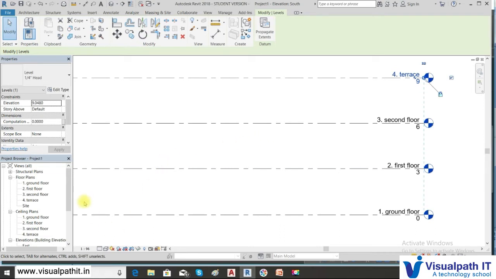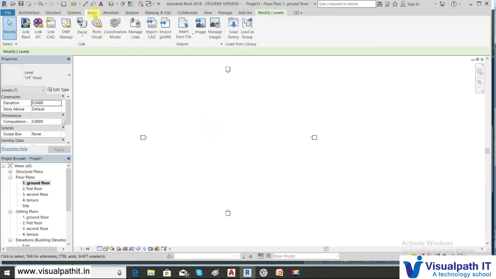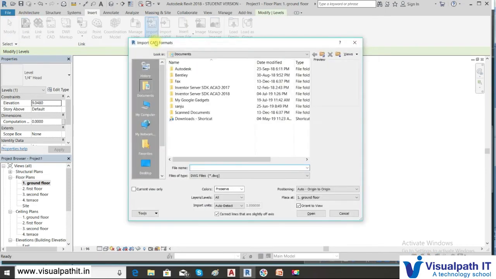So double click the ground floor level, which is 0 now, and we have set. Now, in order to import AutoCAD, we go to Insert. Either you can link the CAD files or import the CAD files. When you say import CAD, go to the folder where your file is.